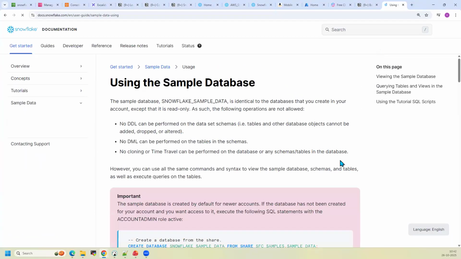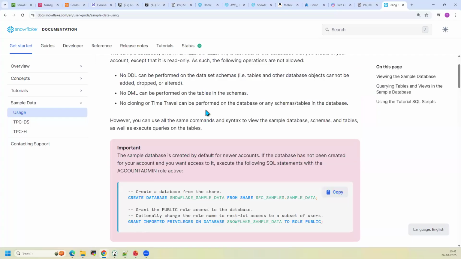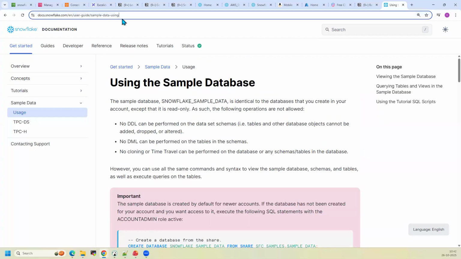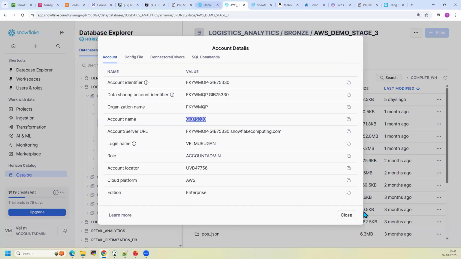So when you are installing the free trial, you will get an option for loading sample data. If you skip that step, you can create it like this. Okay, so you can see here. This link I'll share. So if you don't have the sample database, like if you don't see this,